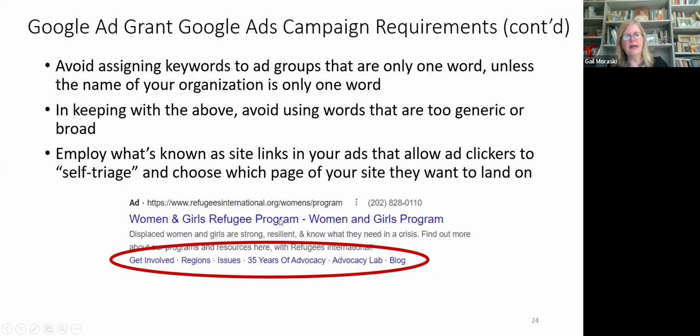So if someone clicked on the main ad body content, and let's say that took them to the about page, then you can't have one of your site links go to the about page. But it just allows for people to self-triage and get to the page of their website that they might be most interested in right away. And there's other assets like that.